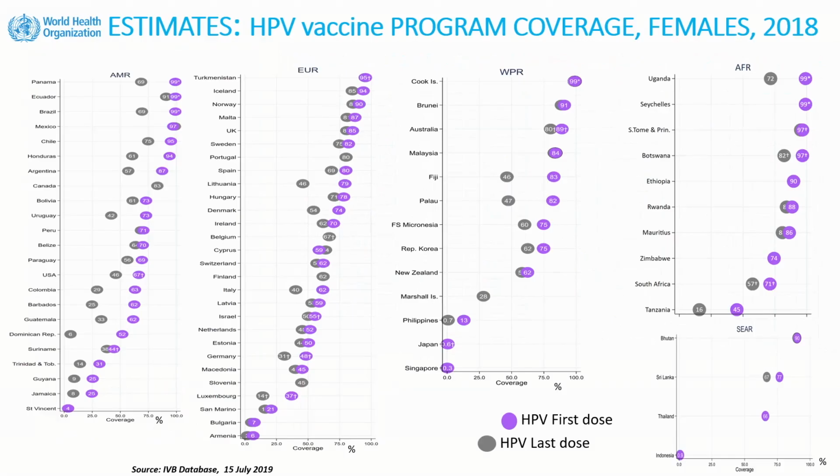This is vaccine coverage estimates. So this year, for the first time, we made WHO UNICEF estimates for HPV. To identify coverage for HPV is slightly more complicated than for childhood vaccines. That's why it has taken us and many countries many years to find the methodology to do this. We will probably refine this methodology over time, but what you see here is at least one methodology that we've applied to many countries.